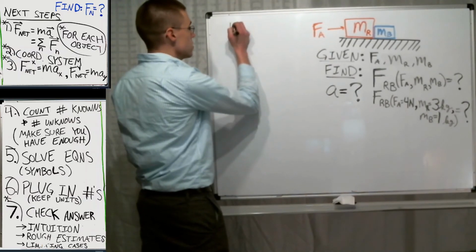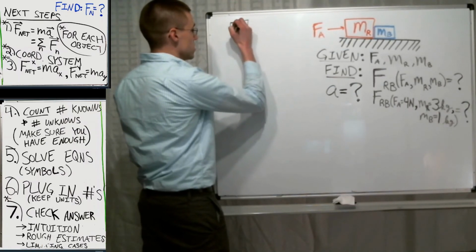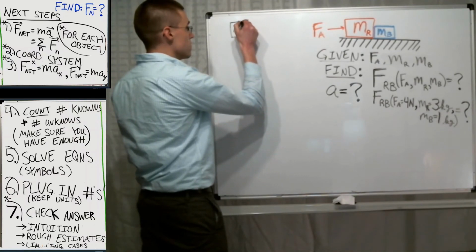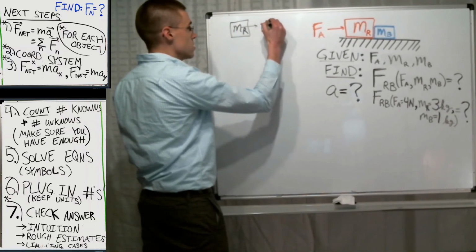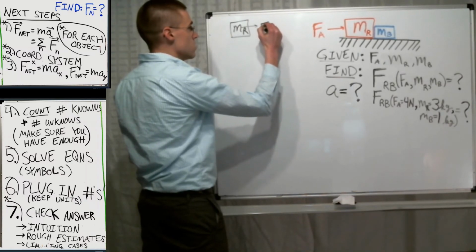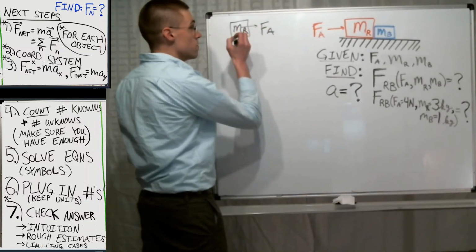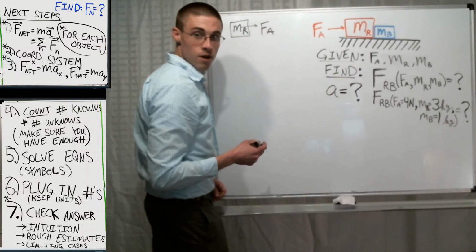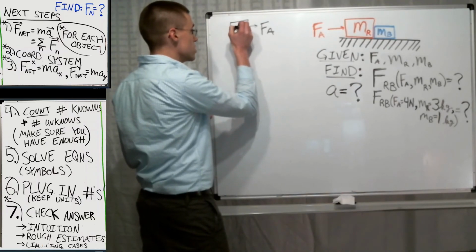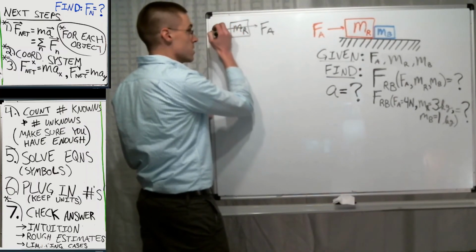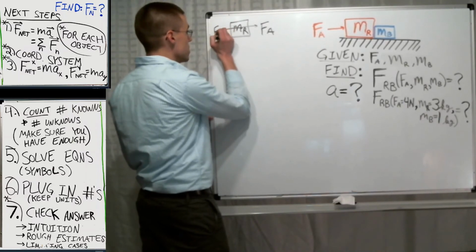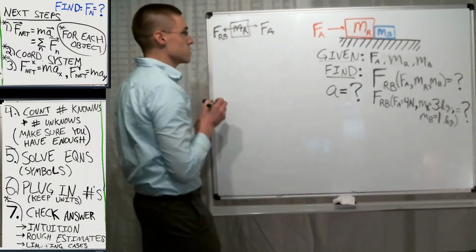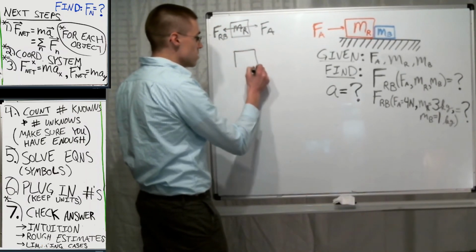So for Mr, we have an applied force Fa going this direction, and we have a force that Mb exerts back on Mr, pushing in this direction. Okay, I'll talk about how I know that in a minute. Right, F on R by box B. Here, box B,